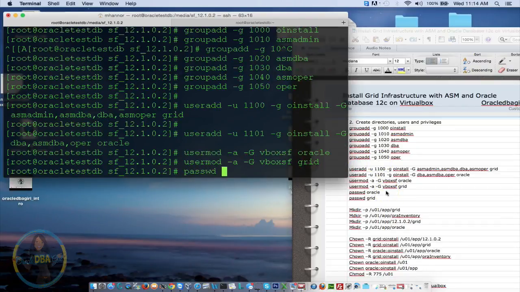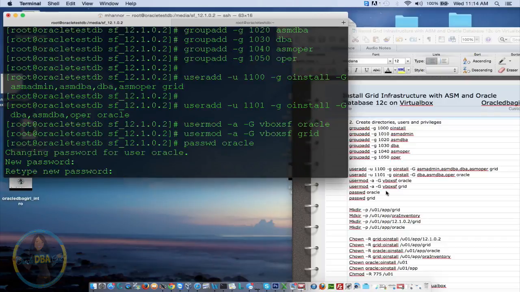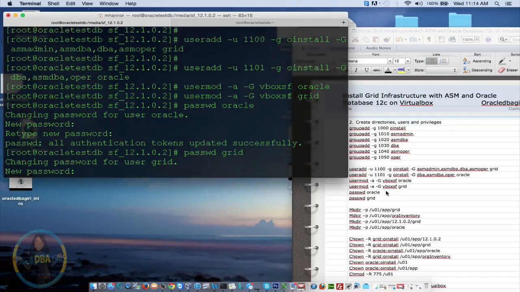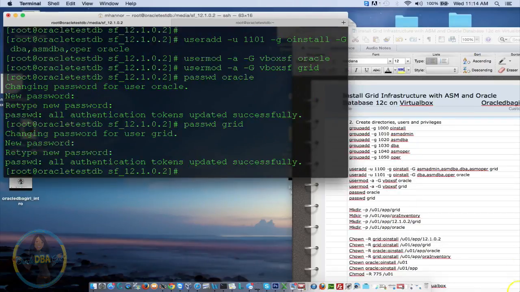So here we're going to do password Oracle, and we're changing the password. So now we're going to do password grid. Change the password. Okay, now we have that taken care of. Now we're going to go ahead